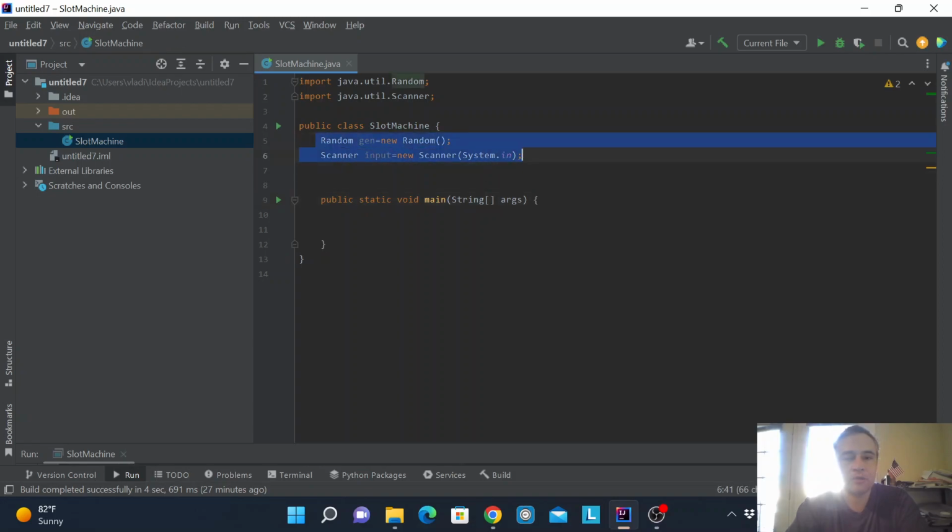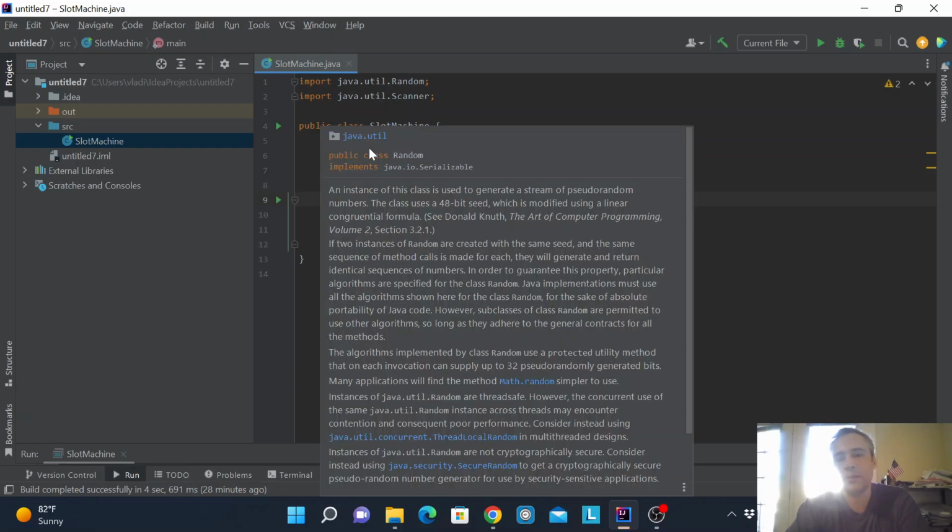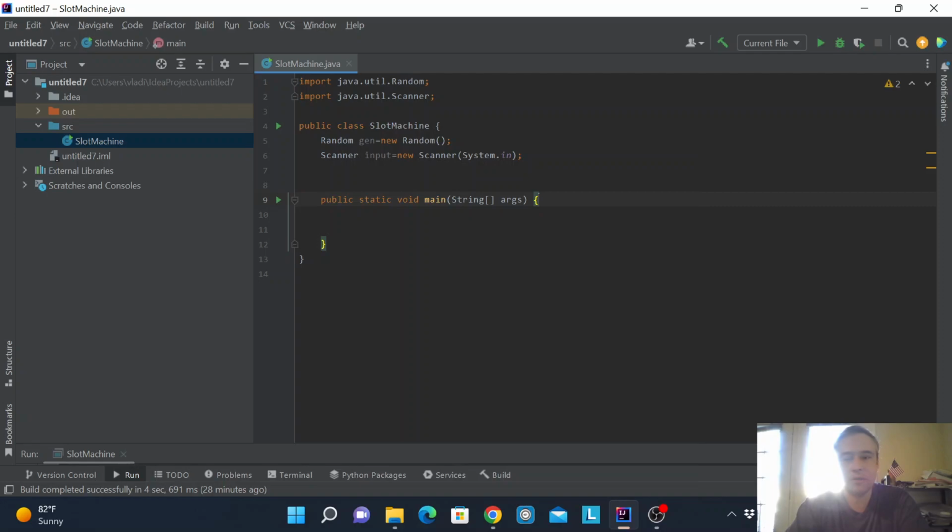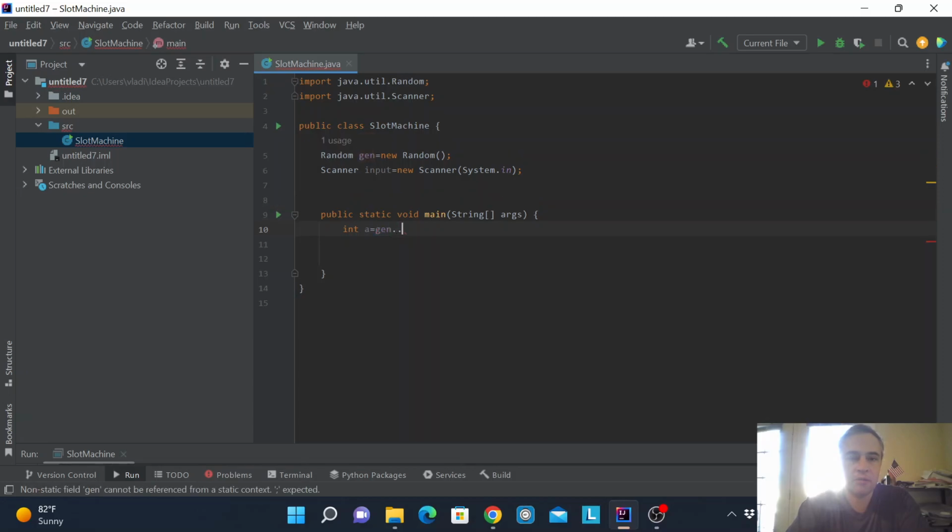I created two variables: a random generator and a scanner, and initialized them. Since I'm only using one method here, I could have done it inside the method, but I chose to do it outside. First of all, we will need to generate three random integers. So int a equals gen.nextInt,